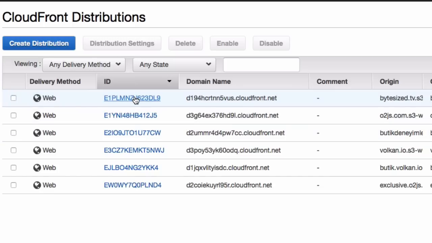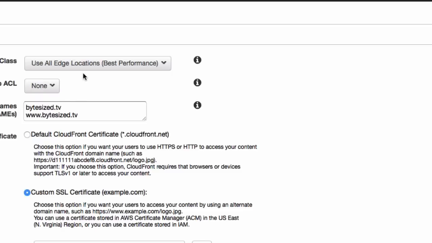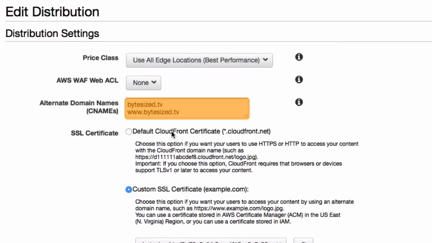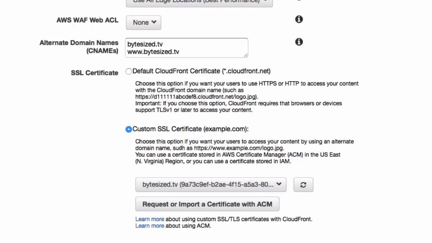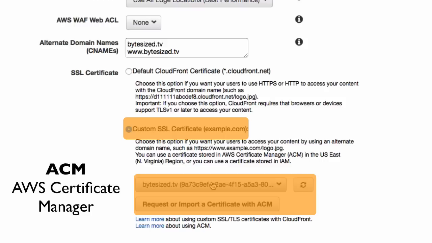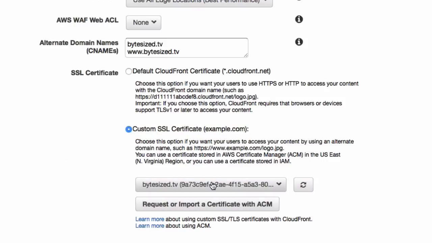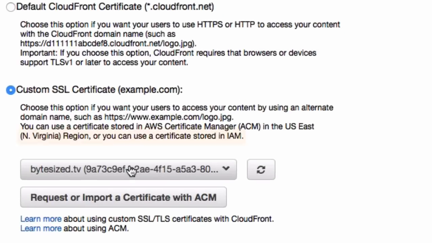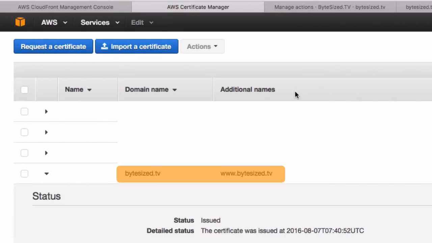And when you drill down into the details of this distribution, you'll see that we are using Byte-Sized TV and www.bytesize.tv as canonical names for this bucket, and this is really important. And to serve the content through HTTPS, we also have registered our SSL certificates to this CDN. And to create and register SSL certificates, we are using ACM, which is AWS Certificate Manager. One thing to pay attention to is you have to create your certificates in the correct region, otherwise you won't be able to use them. So this particular certificate that we are using is valid for Byte-Sized TV and www.bytesize.tv domains,